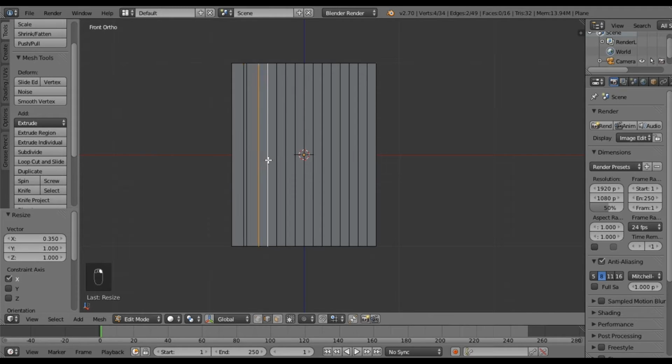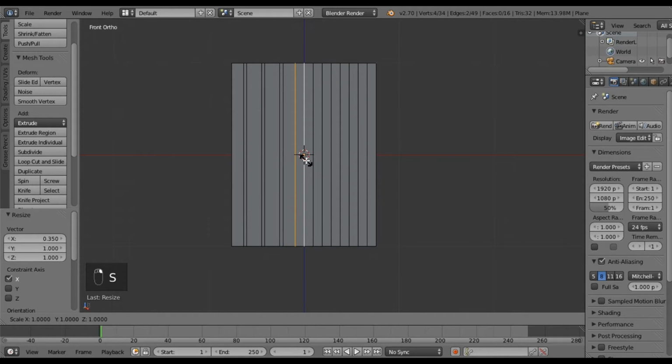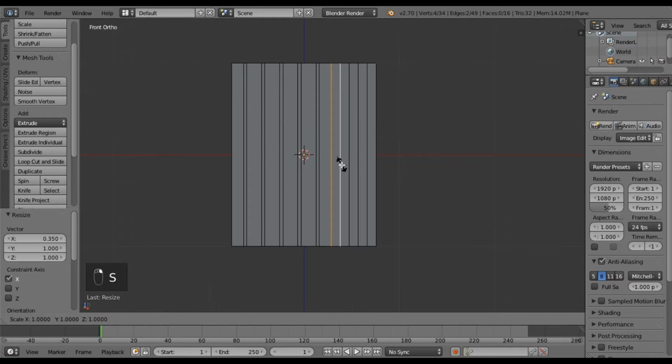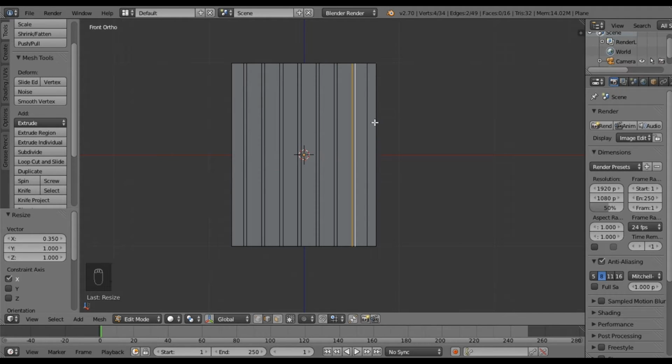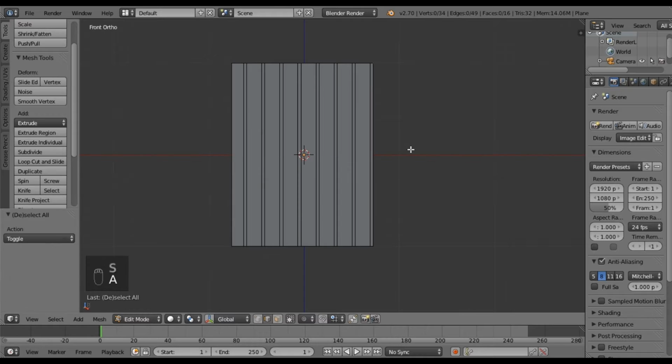And we're just going to do that for every one of these loop cuts. So scale x 0.35, enter. And we gotta keep doing this. We're gonna do this for every one of these. Scale x 0.35, scale x 0.35, scale x 0.35, scale x 0.35, and this last one, obviously there's one loop cut and then the actual edge. We're gonna actually scale those ones in as well. So scale x 0.35. Okay, so now that we have all that,